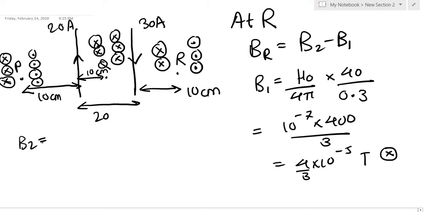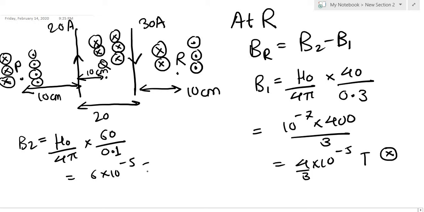We can do B2 also. Mu naught by 4 pi, it's 2 times 30, 60 over 0.1 meter. So 6 into 10 to the power of negative 5 Tesla, and it will emerge. So B2 minus B1,